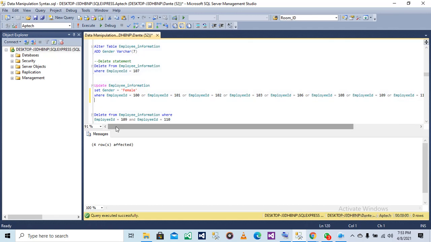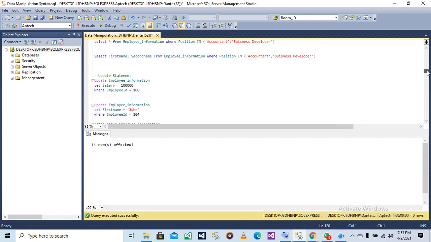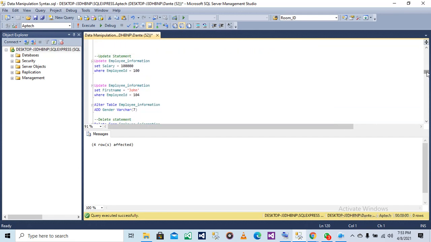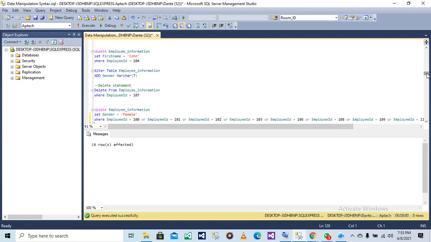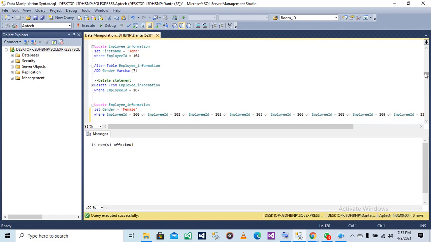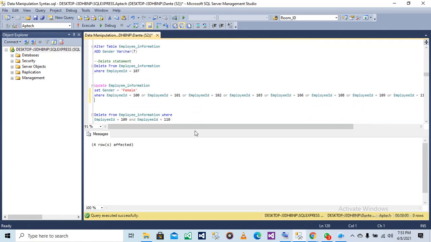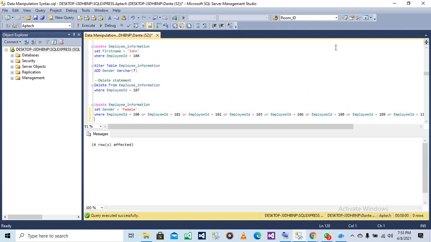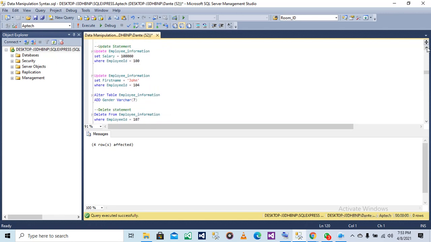You're trying to update all the female employees, updating their gender to female because we made a mistake the last time. It wasn't a mistake. We're just trying to show why it's good to use the where clause to give a condition. So I updated all the gender to male, and we have female employees in that table.